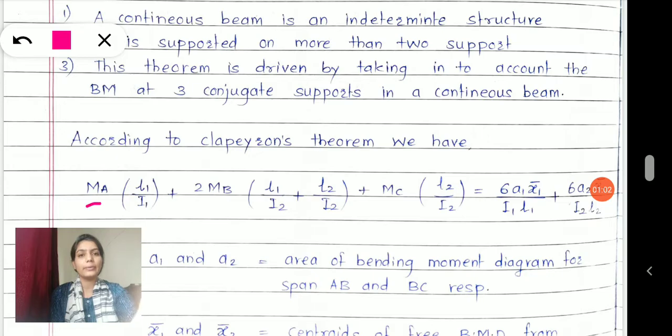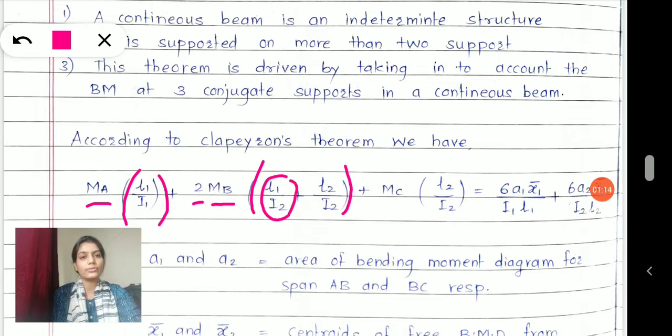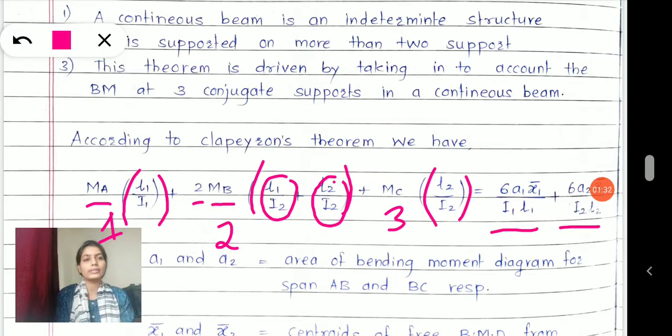The equation is: moment at first support times the ratio of length by I, plus twice the moment at the second support into the addition of the length by I ratios of both spans, and then the moment at the third support into the ratio of length by I of the second span. It equals 6A1 x1 bar divided by I1 L1 plus 6A2 x2 bar divided by I2 L2, right? This is the equation which we are solving,